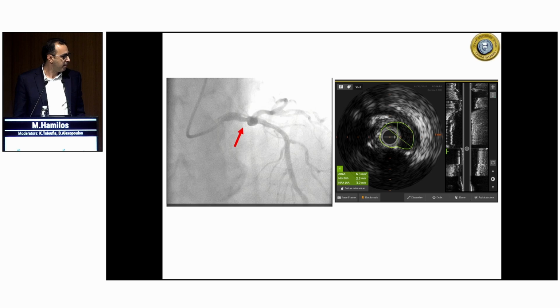Stop here for a second. Anyone from the panel that has an opinion on how to proceed from here? So we have IFR of 0.84, positive, and MLA of 6.3. Dr. Kafkas, yes, what would you do? Personally speaking,